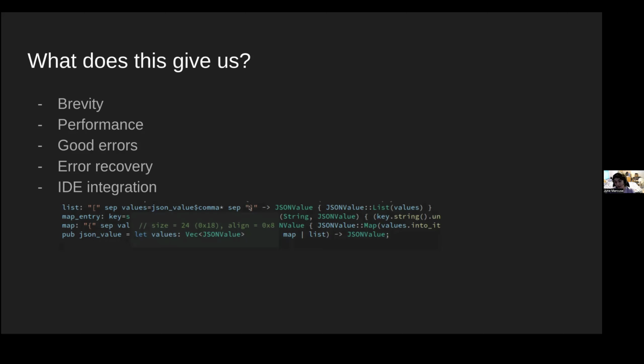So that's the syntactic definition of a JSON list, and we're capturing it to this values variable. And if we hover over this, you'll see that the IDE can actually tell us this is a list of JSON values. It can tell us the type information even within this custom syntax.